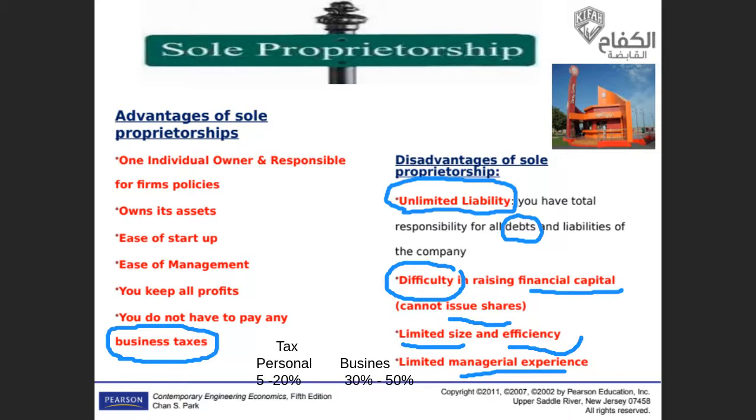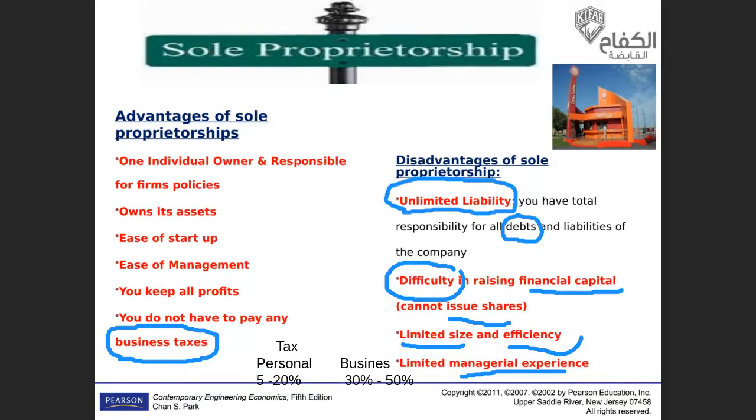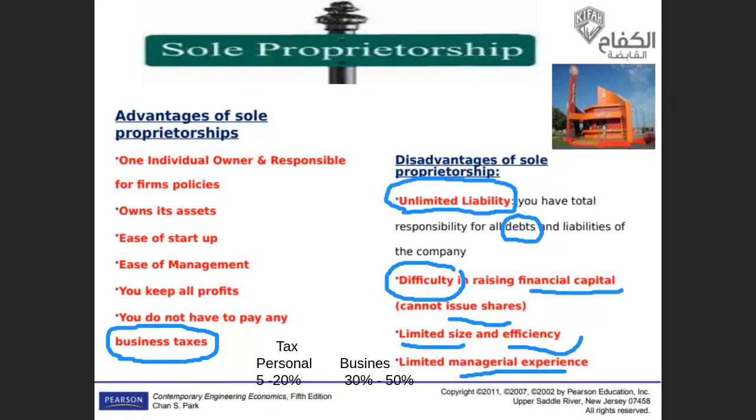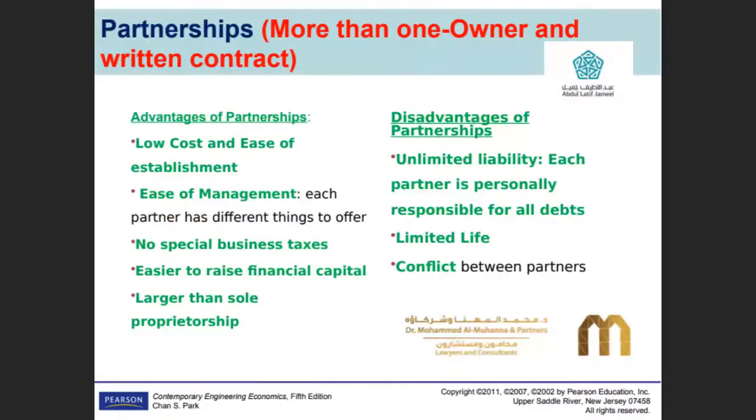There are two ways. Either you issue your own shares, we call it equity, or you take a loan, we call it debt. If a business is registered as a sole proprietorship, it is difficult for them to raise capital. First of all, they cannot issue shares. You have to register your business as a corporation to sell shares. That was the point. I hope it's clear now.